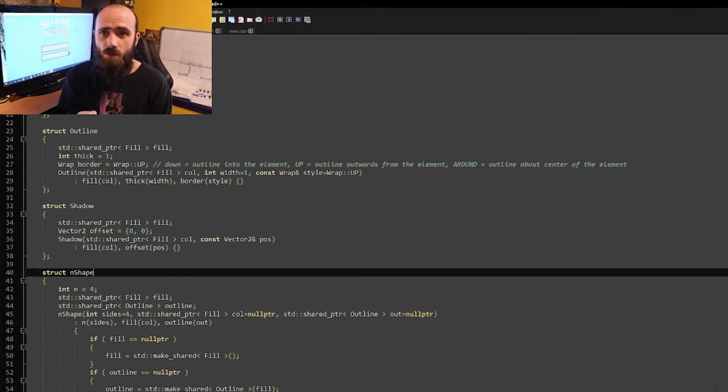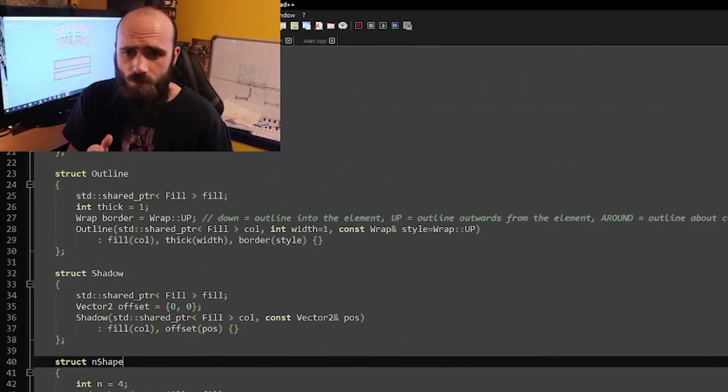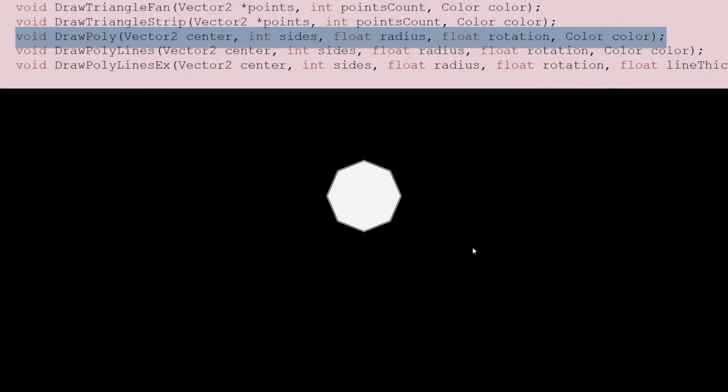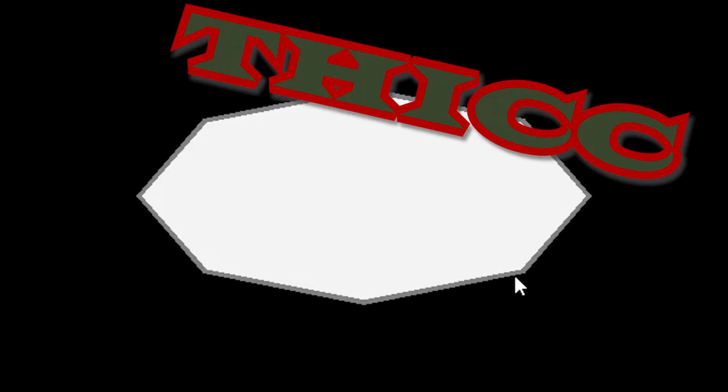But if I'm going to be honest, I had a few personal gripes with this function. So first of all, triangles are actually drawn upside down, and it draws diamonds instead of squares, as you can see here. Secondly, if you want a polygon with an outline, you have to call a separate function. And finally, and what does it in for me, is that it scales uniformly, and I wanted me some thick